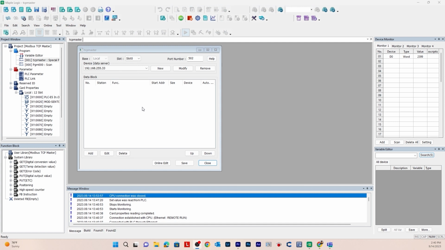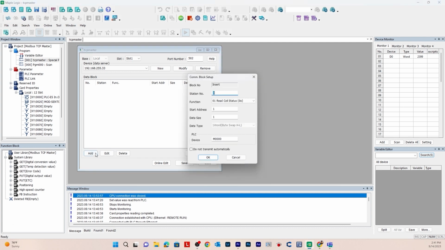Next, you want to make sure that your slot number is slot 1, as this is the Ethernet module. Your PLC is slot 0, and your Ethernet module is slot 1. Then you want to add a data block. So go down to add, and the function will be 03, which is read holding register, 4x, and we're doing